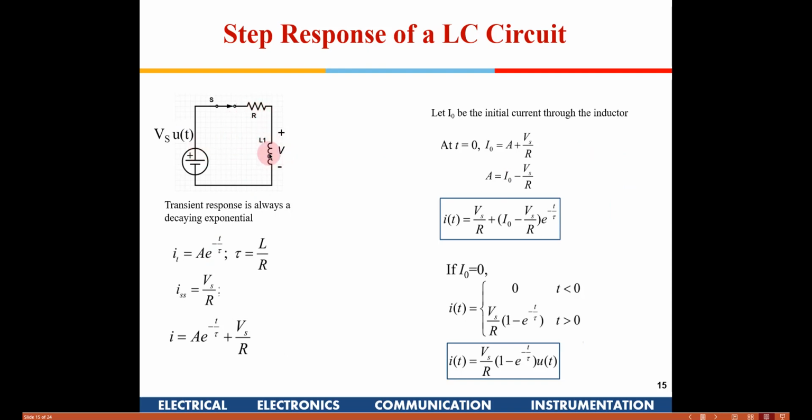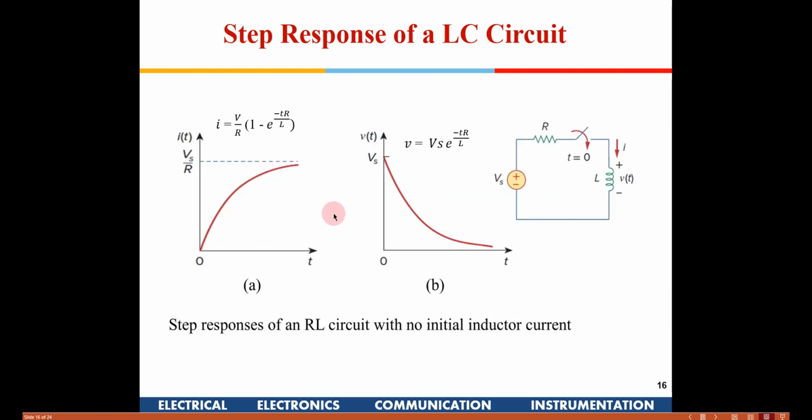Initially, when there is no current flowing into this inductor, the moment you switch on, I is equal to 0 means the IR drop is 0. So the entire voltage is available across the inductor. And at t equal to infinity, I is equal to Vs by R, so this entire voltage gets dropped across the resistance, and the inductor voltage comes to 0. So at t equal to 0, the current is 0 and the voltage across the inductor is whatever is available. At t equal to infinity, the current will be Vs by R, whereas the voltage across the inductor will be 0. That needs to be remembered always.